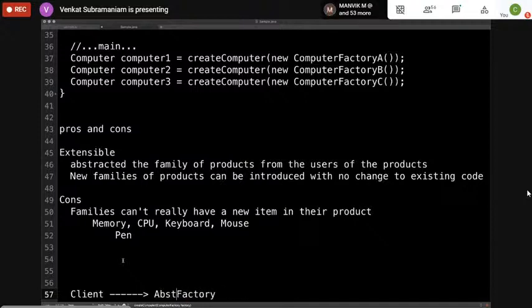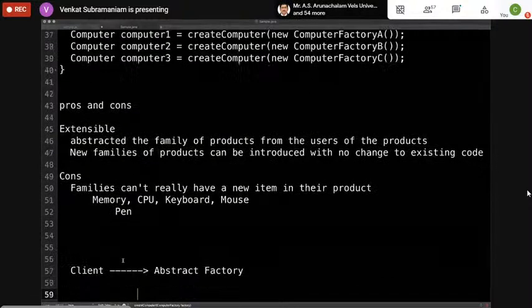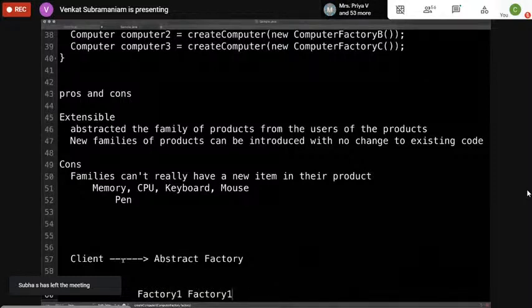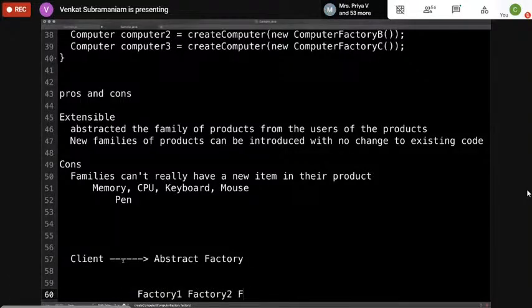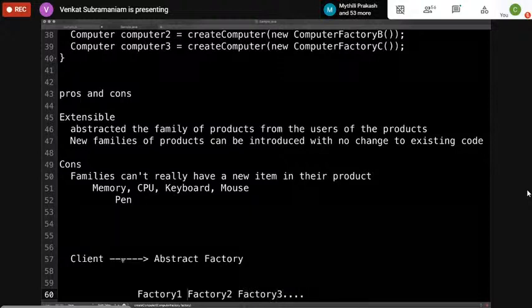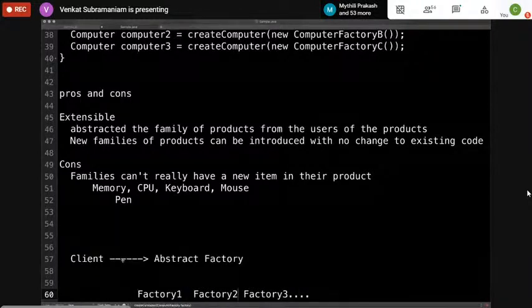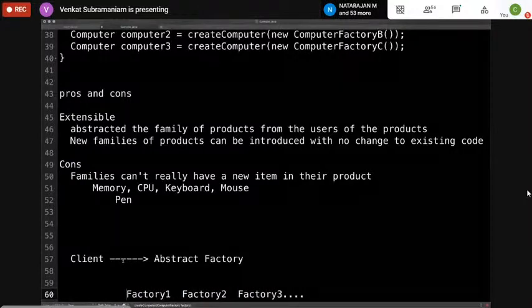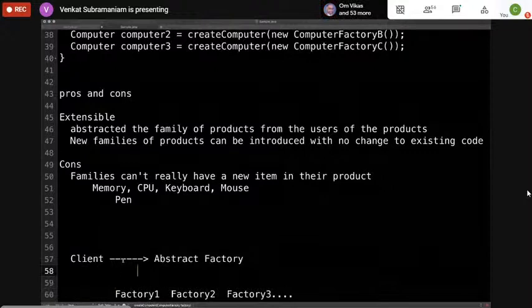And the abstract factory is going to have a factory one, if you will. So factory 1, factory 2, and factory 3, all of these and more, are really classes that inherit from that particular interface or abstract class. I'm using my artistic skill here.